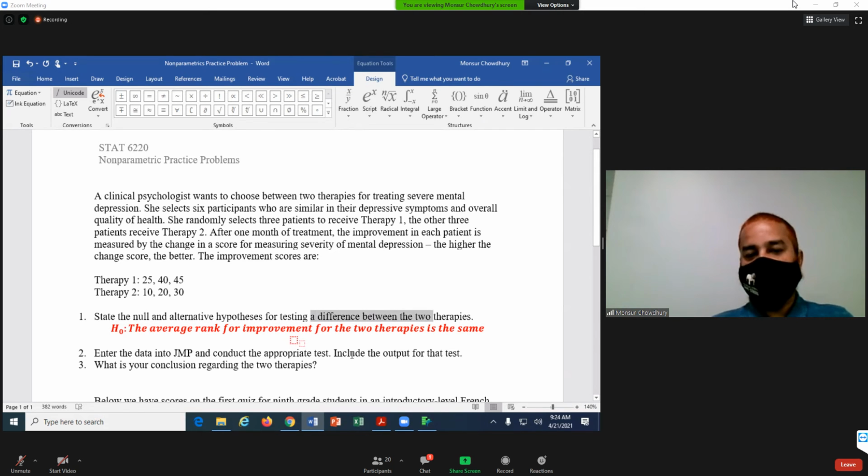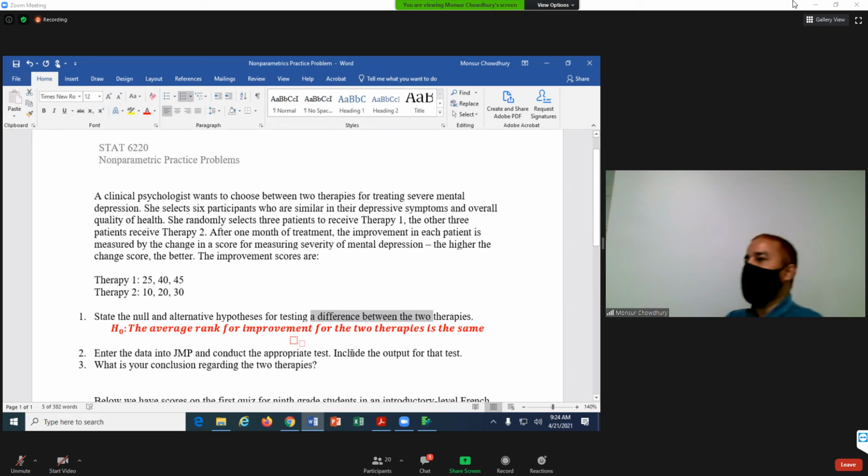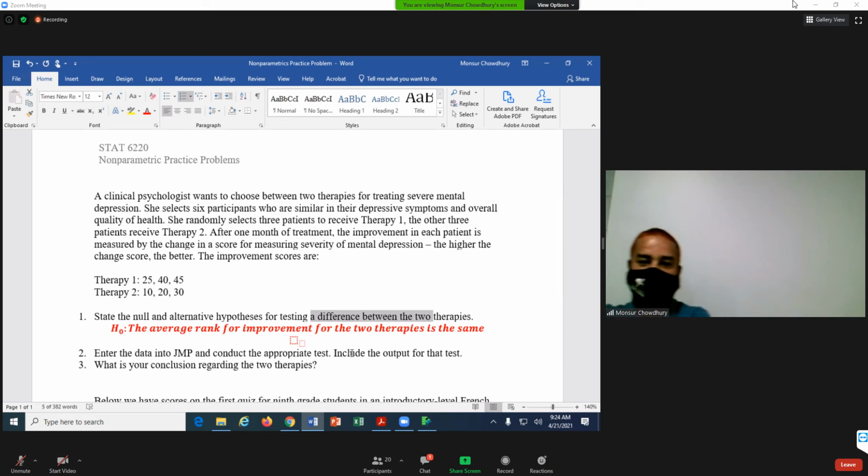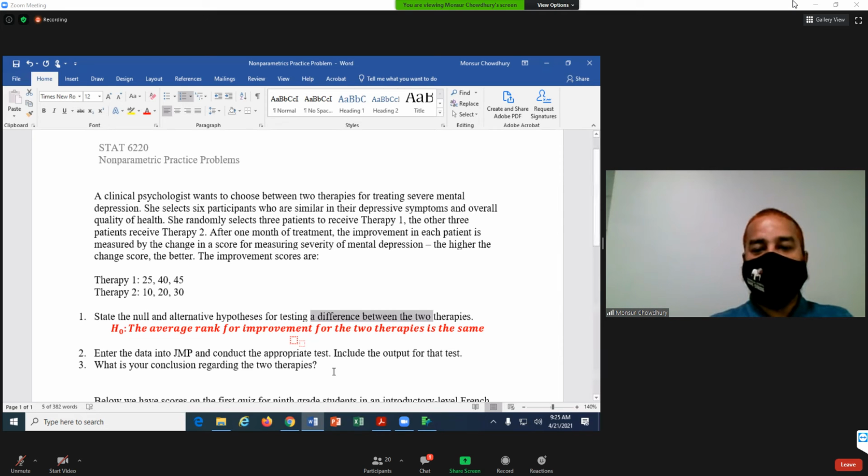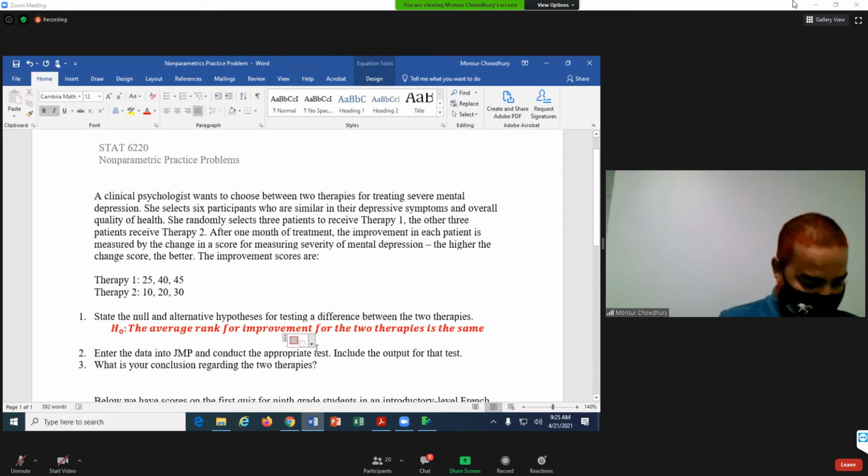It doesn't matter whether it is dependent or independent. The alternative hypothesis does not depend on whether the two samples are paired samples or independent samples. It depends on the description given. In this case, we are testing a difference between the two therapies. So here the difference means we are looking at the average rank for the improvement.